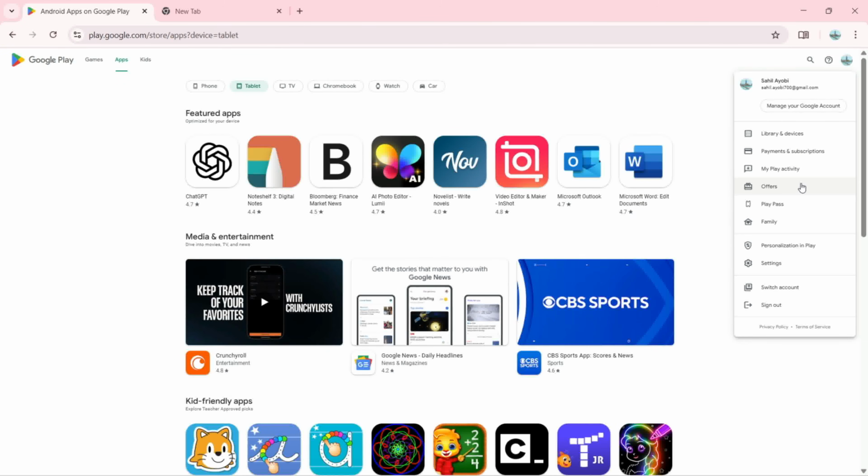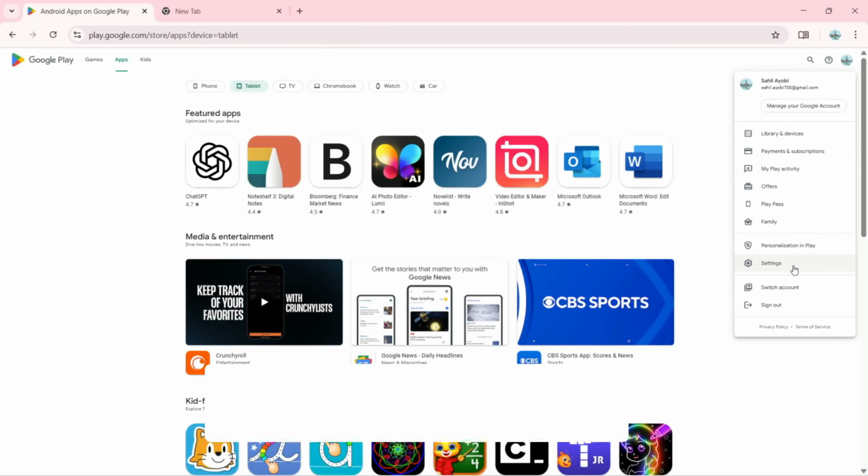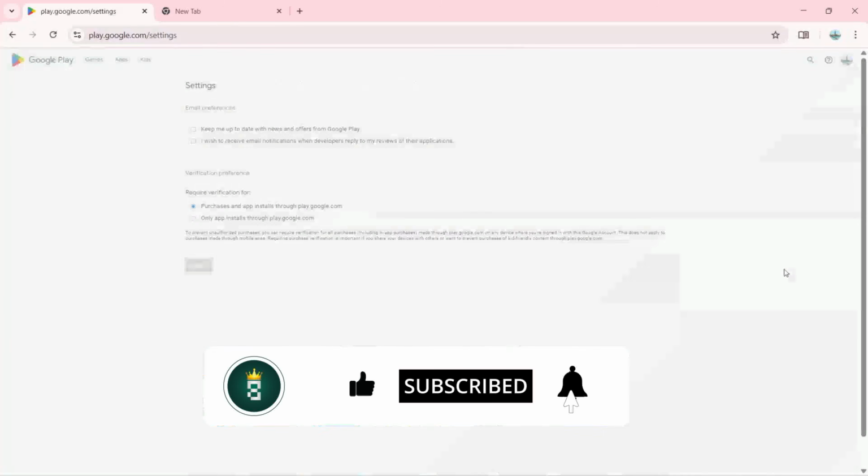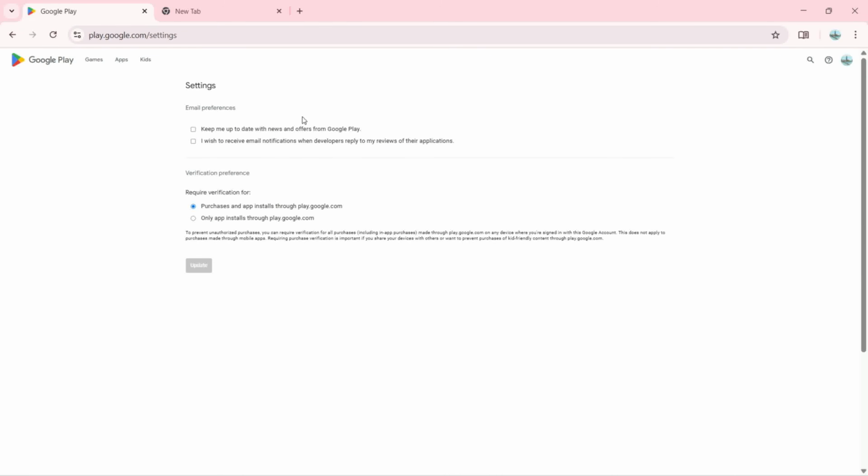You can see the offers. You can see Play Pass. You can click on family, personalization in Play. You can click on settings, and you can switch account and you can sign out. If I click on the settings, what you can get with the settings are the email preferences and verification preferences,